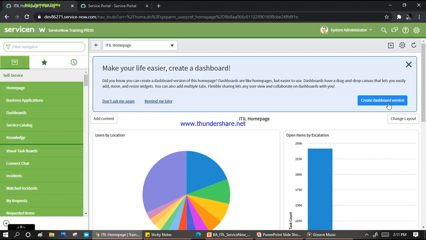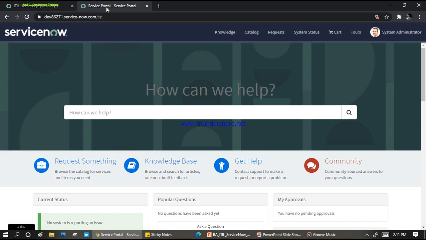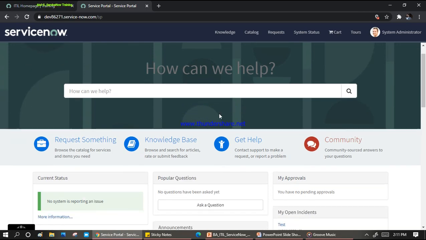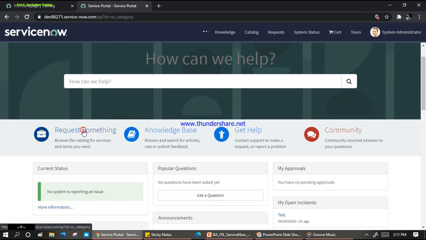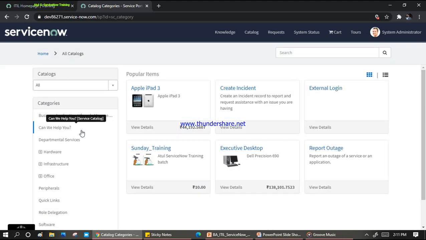Okay. So from the end user perspective, ServiceNow always provides us a portal called the service portal. And this is the service portal which is available for the end user to raise a request. Suppose I am an end user here and I am coming here to raise a request for a laptop or for a desktop or for a phone or something like this. So where can I go? I can click on request something, because I'm requesting something here, right? When I click on request something, it will go in the background and bring something for me.